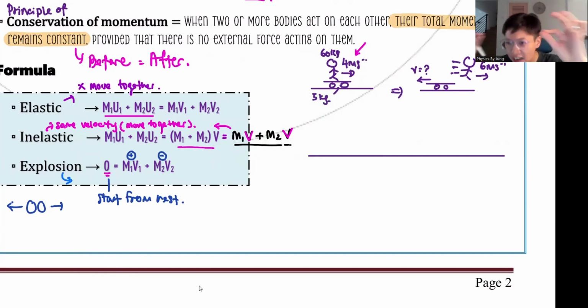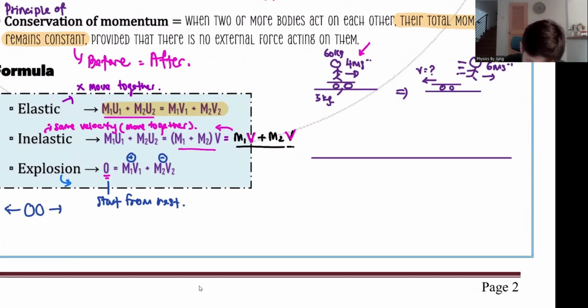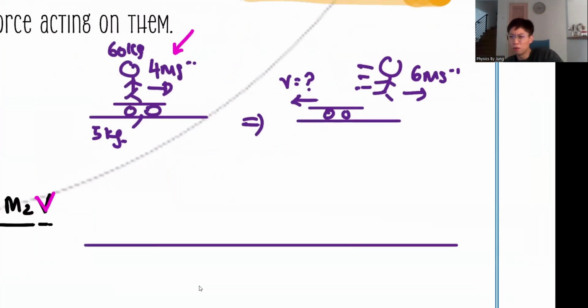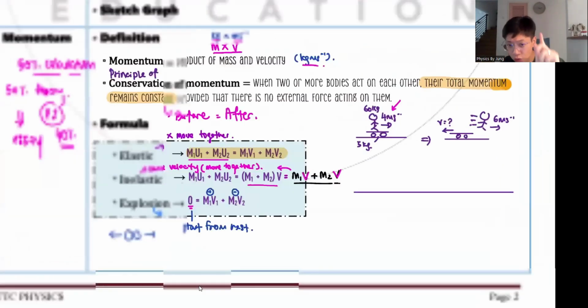So what is the safest formula to use? Because guys, later in the exam you panic, right? So which is always the smartest and the safest formula to use? No, Ganesh, the answer is actually the first one. Remember, guys, this is your general formula. If you panic, if you don't know how to differentiate, always use elastic. You will never go wrong. Because it's very convenient. If I don't know how to differentiate whether this is elastic, inelastic, or explosion, I look at this: it looks like explosion, but also looks like inelastic. But you always use the general one.